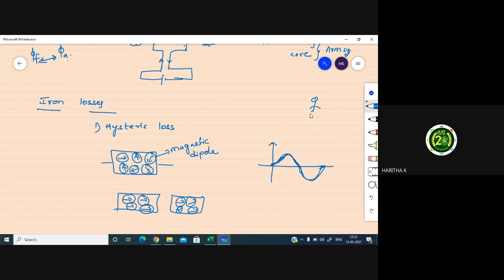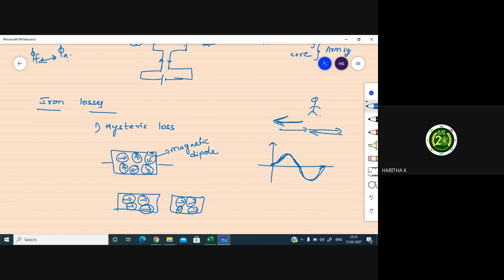Say some person is walking, going towards this and again coming back, and again going, again coming back. What is the use of walking? He loses some energy, right? In the same way, these magnetic dipoles will also lose some energy to change their direction continuously. That loss is evidenced by heat. Whenever you touch the machine, you can sense that heat. Why is that heat produced? Due to this loss. This loss is in the form of heat. So these are hysteresis losses.